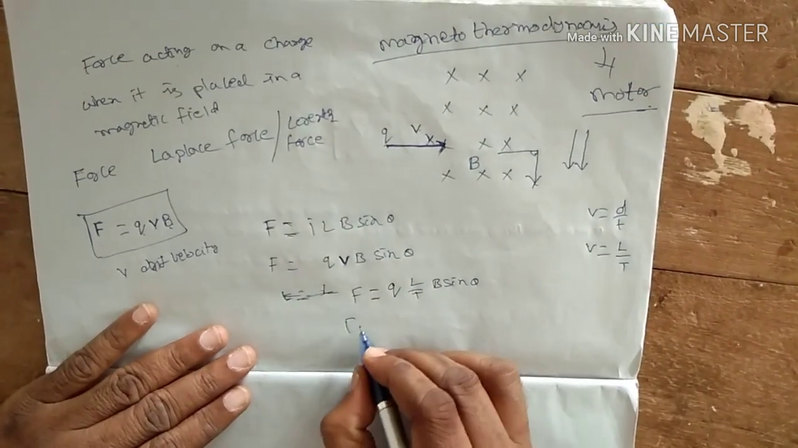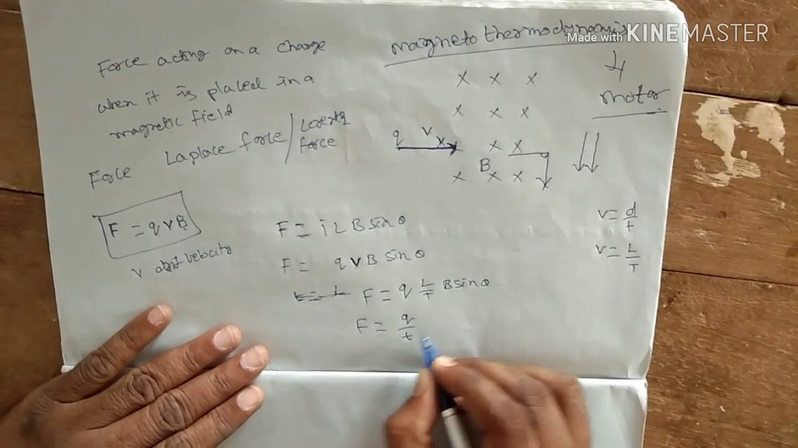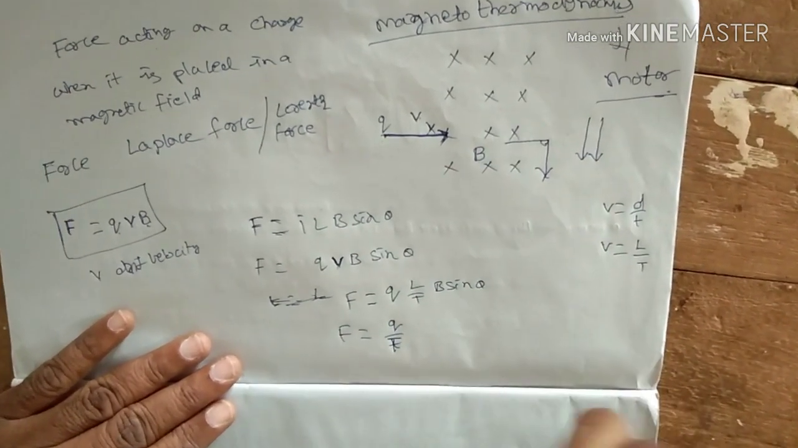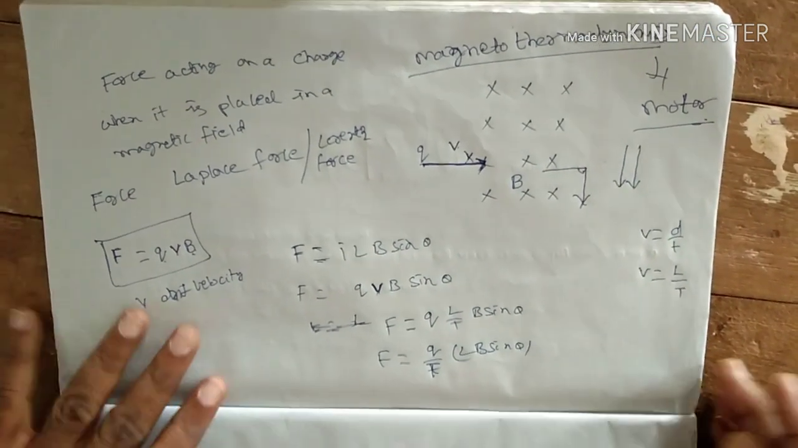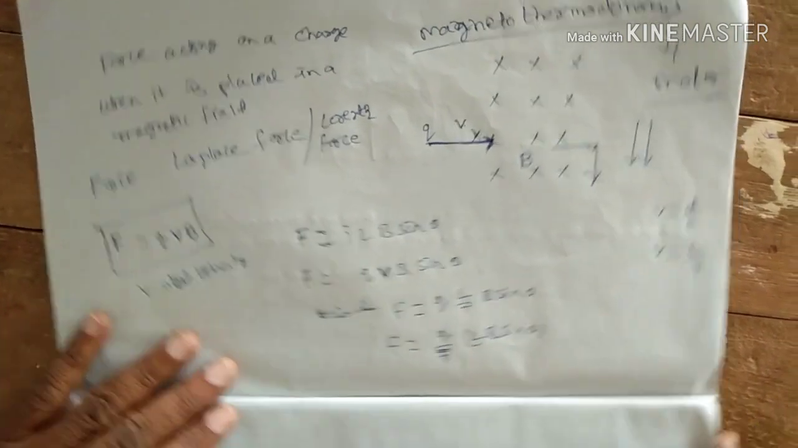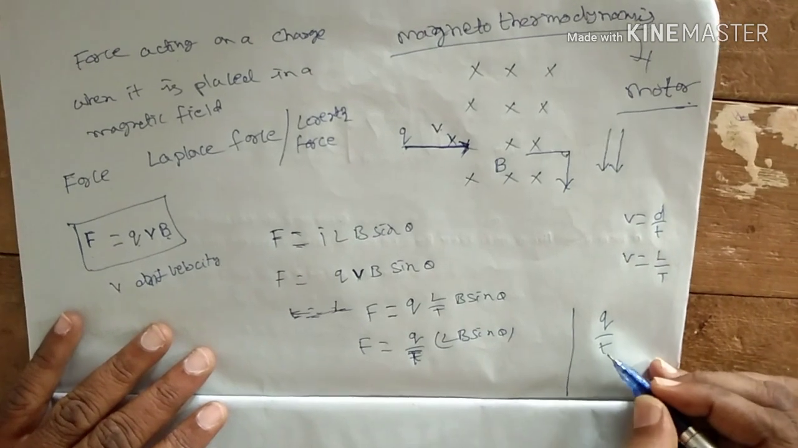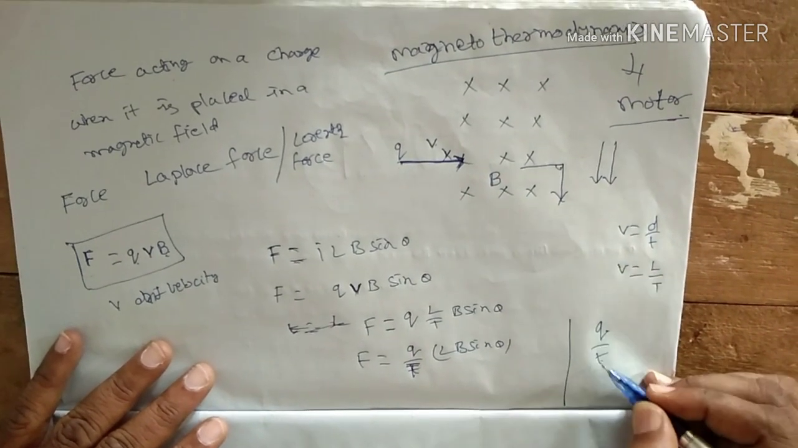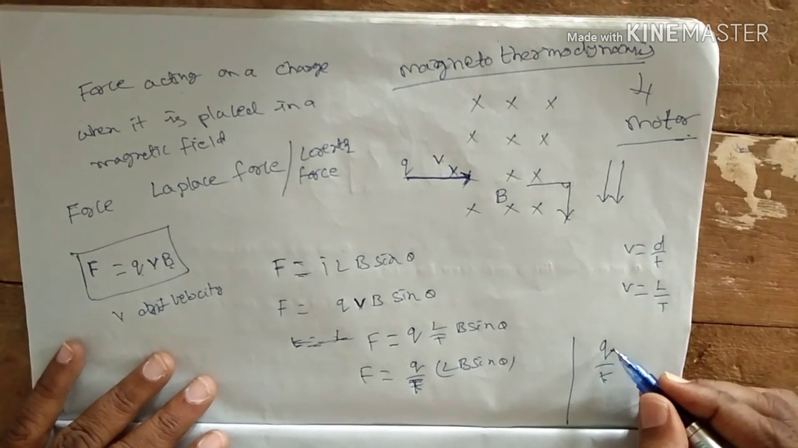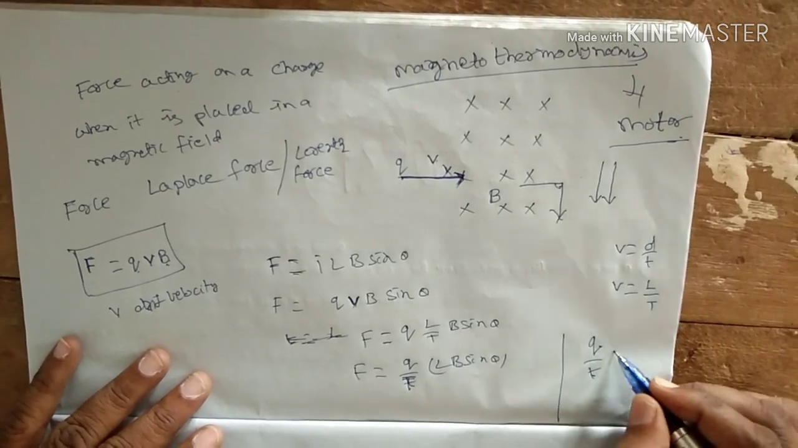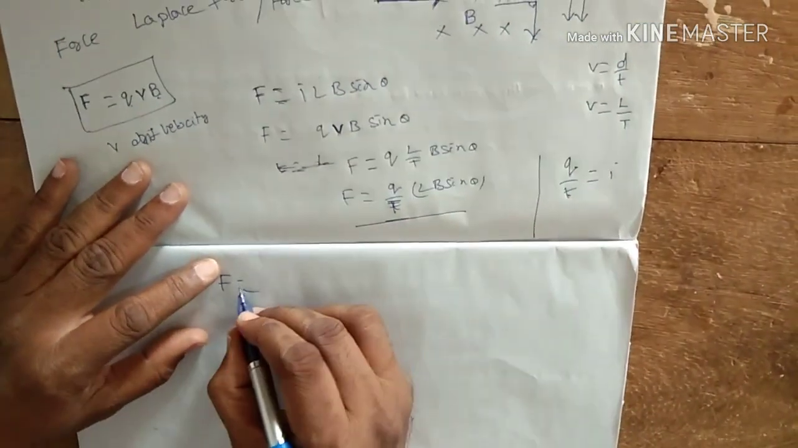Then F will be rewritten as F is equal to Q by T into L B sin theta. And we know from the definition of current that Q by T is nothing but the rate of charge flow, which is only current. Henceforth, this equation can be rewritten as